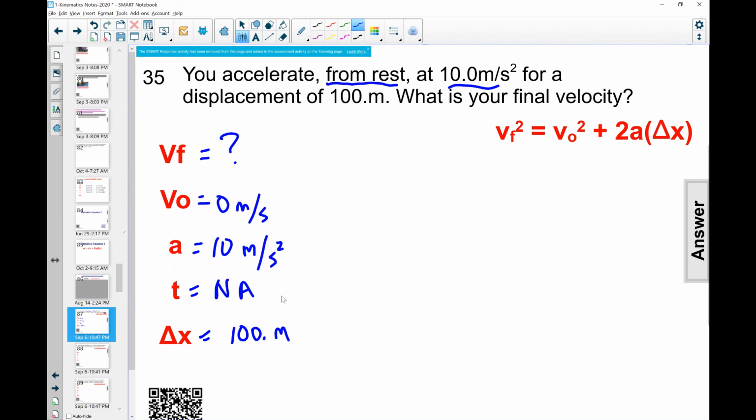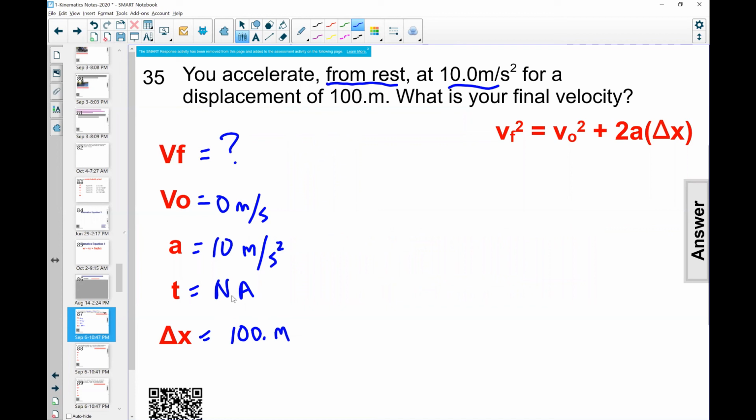All right, starting to get a fair number of answers that agree. Just over here on the left, all I've done is show you how I would write things down. I put the question mark by what I'm supposed to find. I put the numbers by each matching variable, and I just put NA by the ones that are not mentioned or not asked about at all.